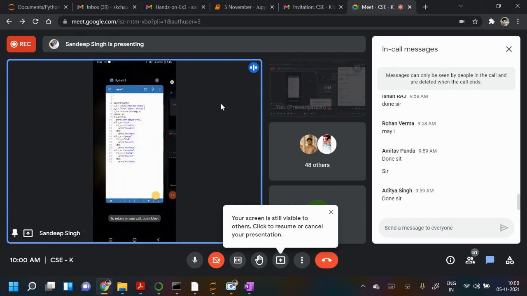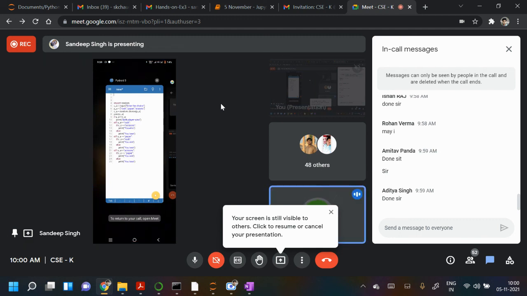Then I am printing the random value. Then if the user input and the computer input both become equal, then it is a draw. If the user input is rock and the computer input comes to scissors, then the user will win, otherwise the user will lose. And the same thing I have done for paper and scissor also. Yes, so you have done it in this way. Yeah, it's also correct, I think.